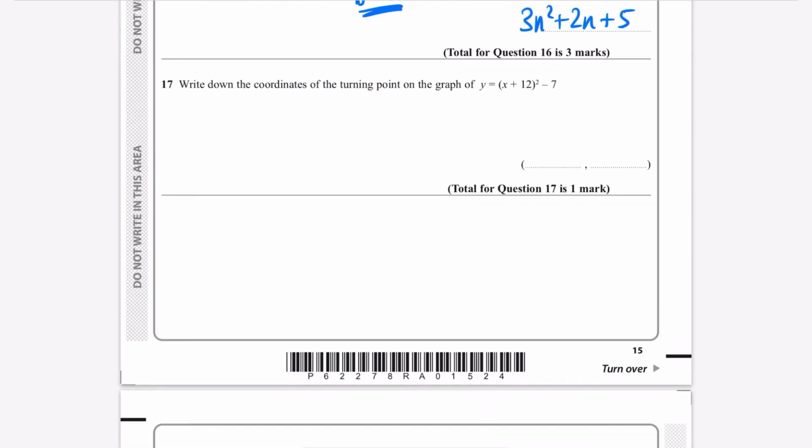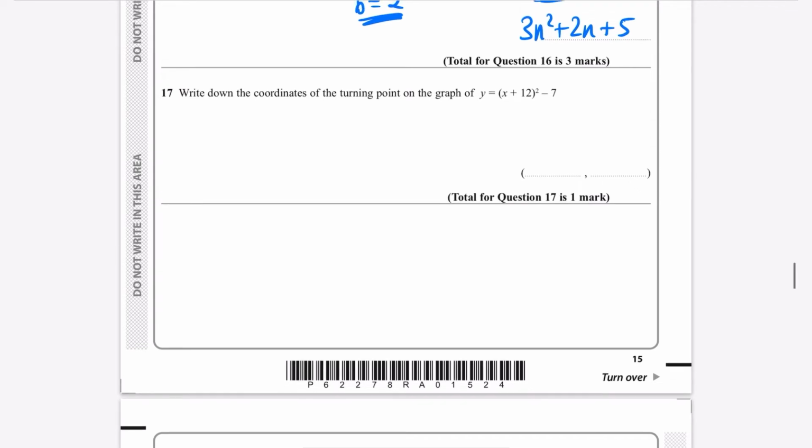Okay, it says write down the coordinates of the turning point of this graph. The turning point is on a graph when it looks something like where it's changing direction like that, okay? You should just know how to do this one, but the x value is when this thing here is equal to 0, so it's minus 12, and the y value is this part, which is minus 7. So because we have x plus 12 squared minus 7, we want this to be as small